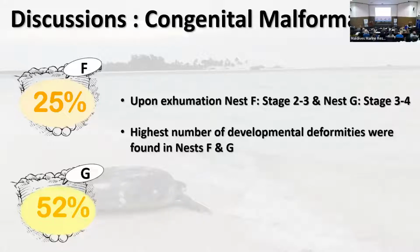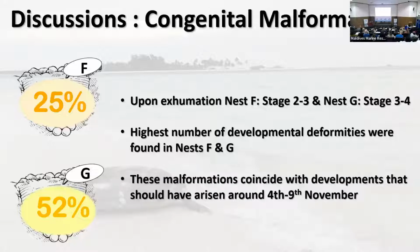The embryonic period when we saw the deformities happened to coincide with the time that we saw the compounded flooding. Since it's just two nests, we don't have any conclusive data to say that it was the compounded flooding that caused any of these malformations or deformities. It's just a coincidence that happened, and further research into this would definitely be interesting. Getting into the malformations we saw,